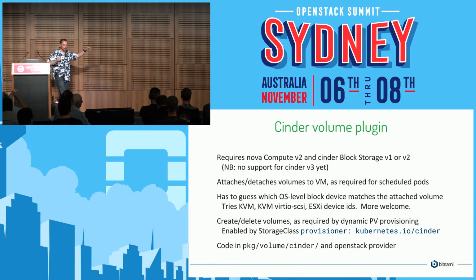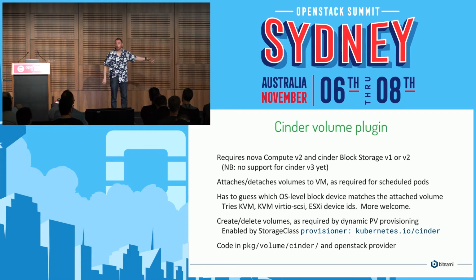I put pointers to the code base in here because if you're going to be using this stuff for real, you should probably at least look at the code. It's not that hard to read. Go code, even if you don't understand Go, as long as you know what an if-else branch looks like, you'll see what that looks like in Go. It's pretty easy to read. It's about as easy to read as Python.